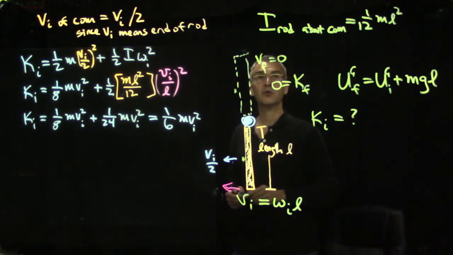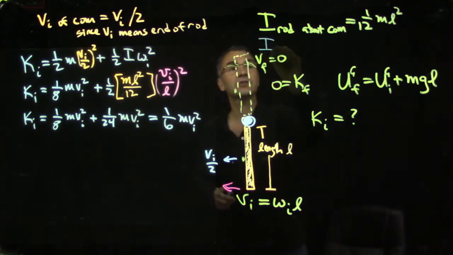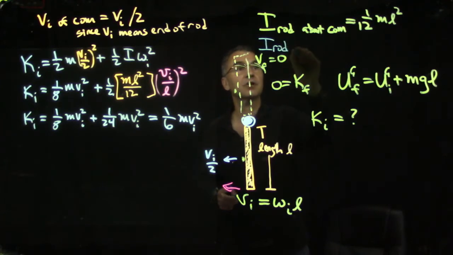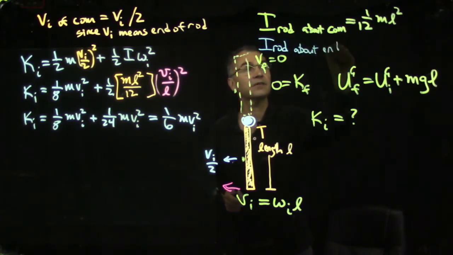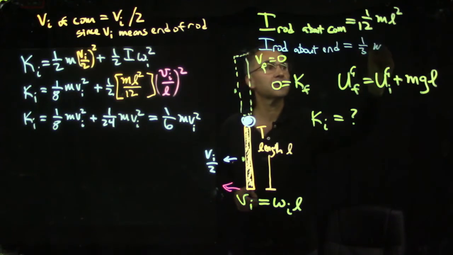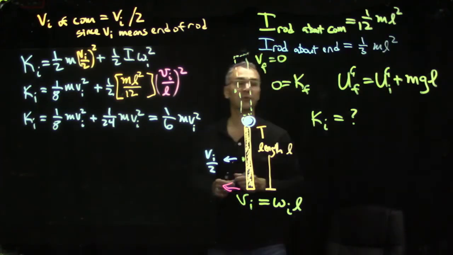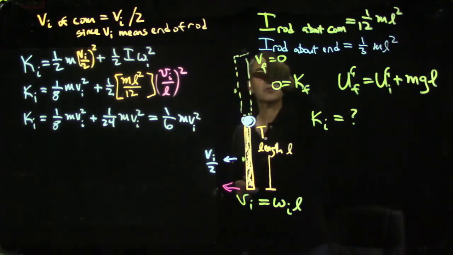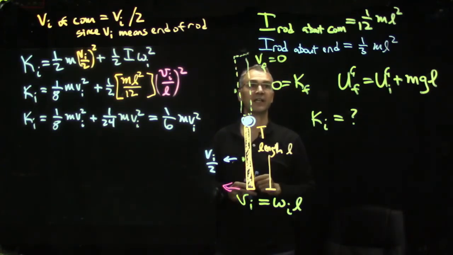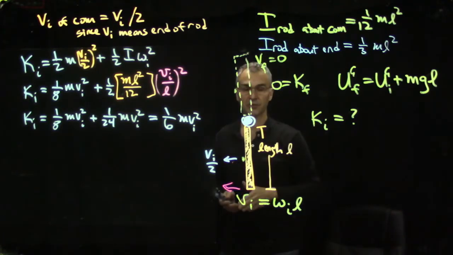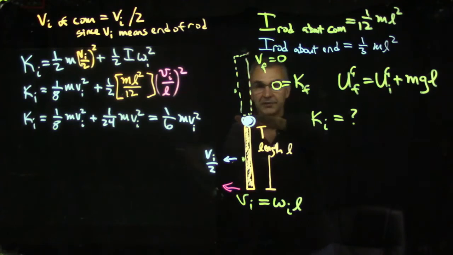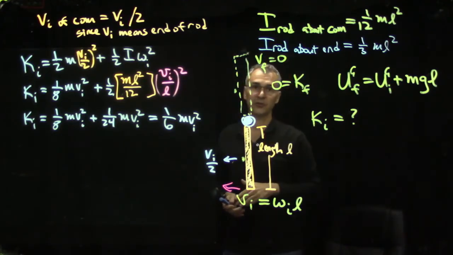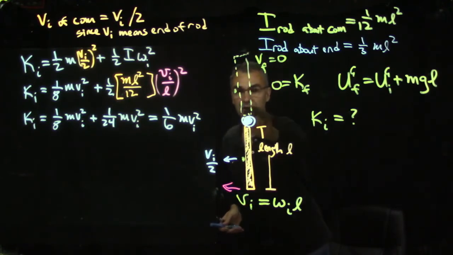What if somebody told us that the rotational inertia of a rod about one end is 1/3 ml squared? Let's just say somebody whispers that in our ear, and we'll figure out in a minute how to calculate that. Well, if we have the rotational inertia of the rod about the end, then we can consider all of its motion to be rotational, not translational, because it's all about that rotation axis. So you see, what you consider translational and what you consider rotational depends on what point on the object you choose